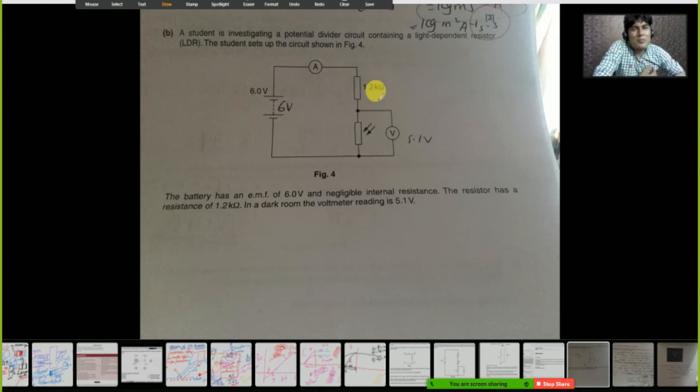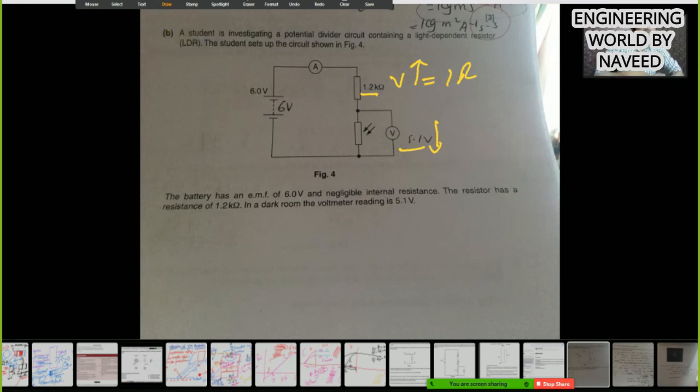No. But I said that voltage across this will get decreased, and you got that. Okay. But I said that voltage across this will increase. How will voltage across this increase? As the resistance is constant, V is equal to IR. Resistance is constant and current is also constant because these two resistors are in series. Then how did you say that voltage across this resistor will increase? Yes, good. The total current will increase in the morning, and that increase in current will be the same for both resistors. Okay, now you got this numerical.